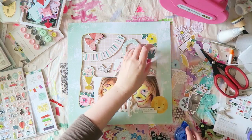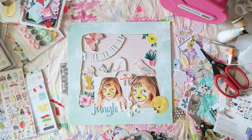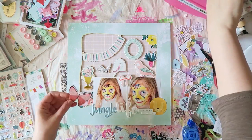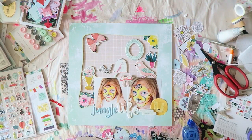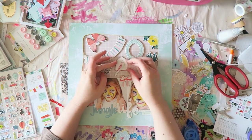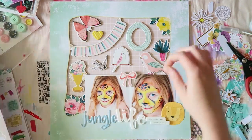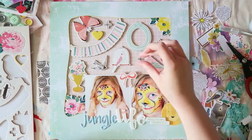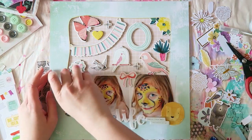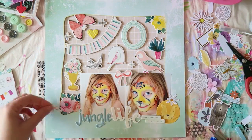It's possible I have them also in my stash, just because they are so gorgeous, and I think I can use them on any layout for the rest of eternity, or something less dramatic. So I'm putting down that frame, and soon I'm going to add those cute little birds in it. And because I added those puffy birds, they are a different texture from all the chipboard that I have, I want to add that same texture somewhere else in this layout, because repetition is one of those design principles that really help a page come together and the design look more cohesive and just good and finished. So adding some more little bits and pieces of chipboard to fill in the spaces,